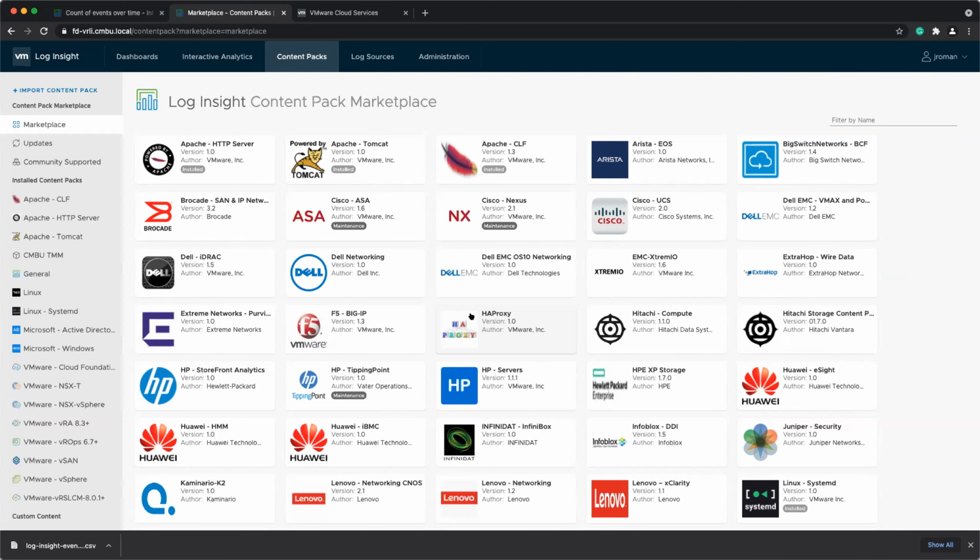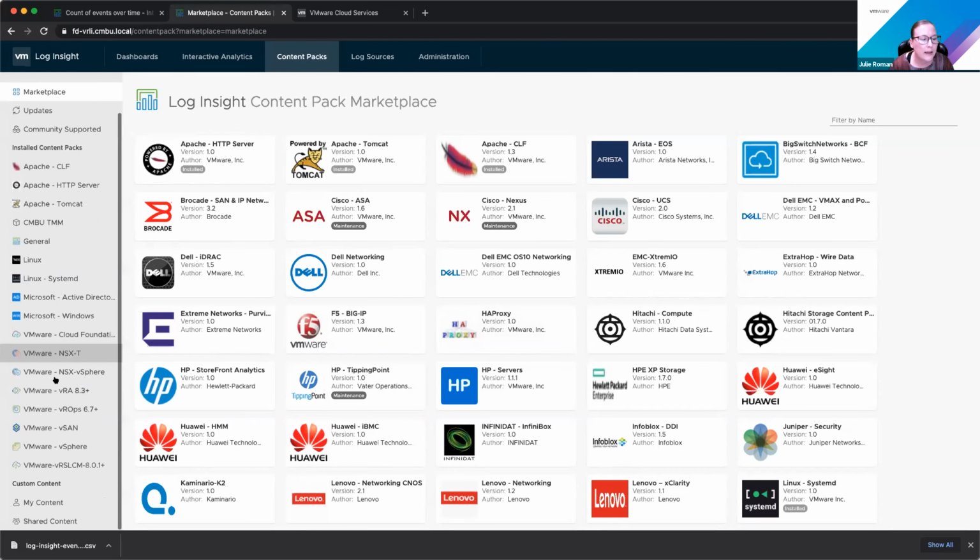I may have some input on that. I'm wondering, like in vROps, if I have two vROps clusters, for example, and I make a dashboard in one, I can export that dashboard and import it into a different vROps instance and have those dashboards available. Is there similar functionality for Log Insight? If I create a custom dashboard, can I export that and put it in a different Log Insight instance?